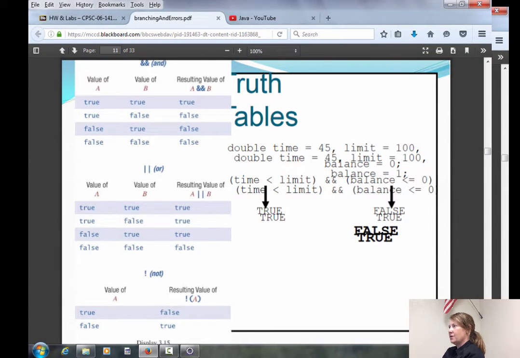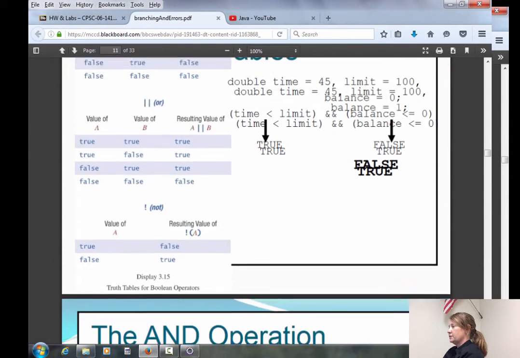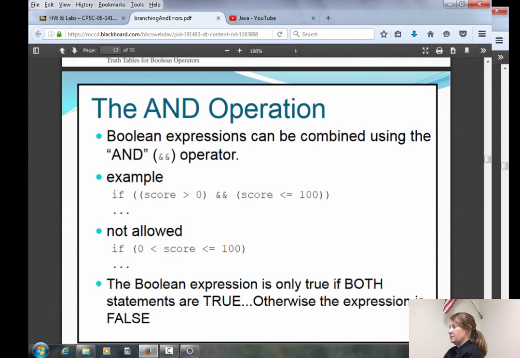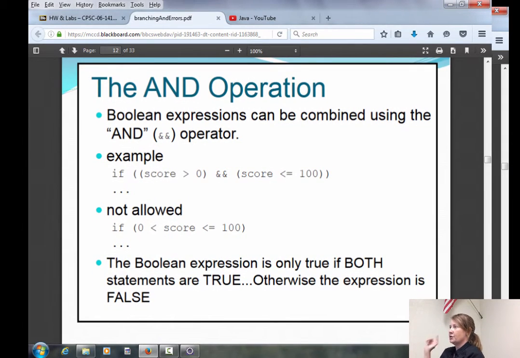The basis of what your computer is built upon is the logic of these truth tables. They're pretty easy to understand too. We use these kinds of operators to check to see if 2 Boolean expressions are true. So let me skip down here really quick and we'll go back to the truth table.